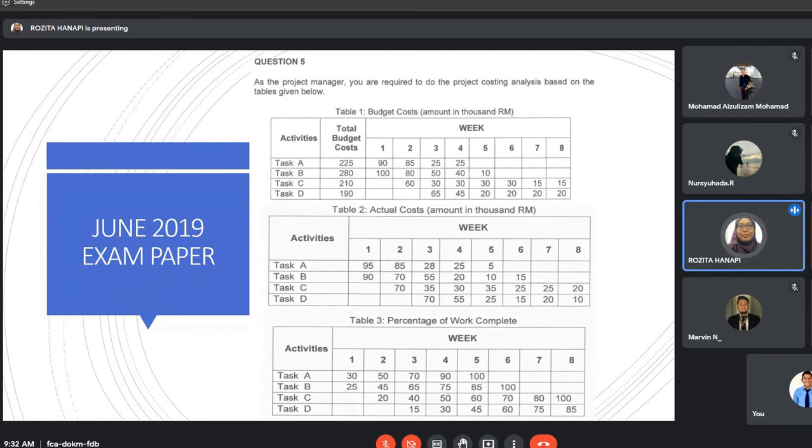So jawapan untuk B adalah berapa? Jawapannya adalah 870 ribu. Okay. And then untuk C pula,